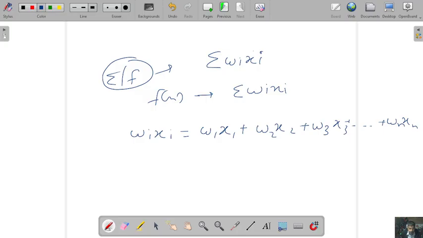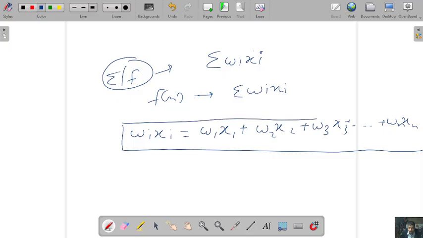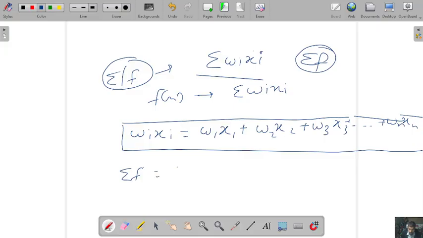Okay, so this is the sum of, means it is the summation of f. Okay, so summation of f, summation of wi xi. Okay,